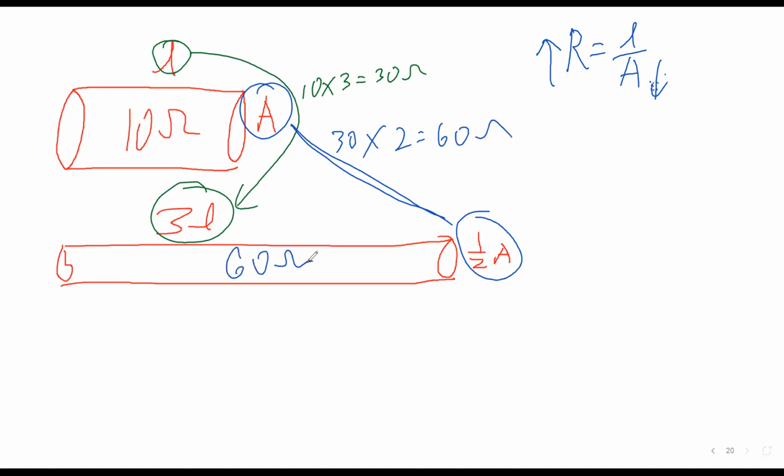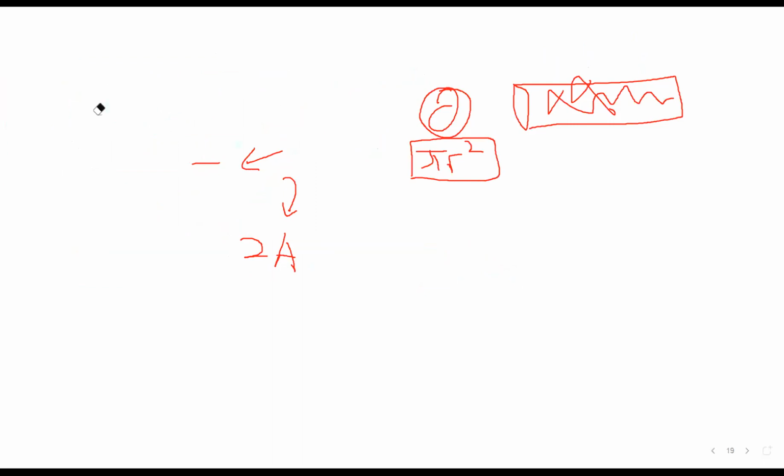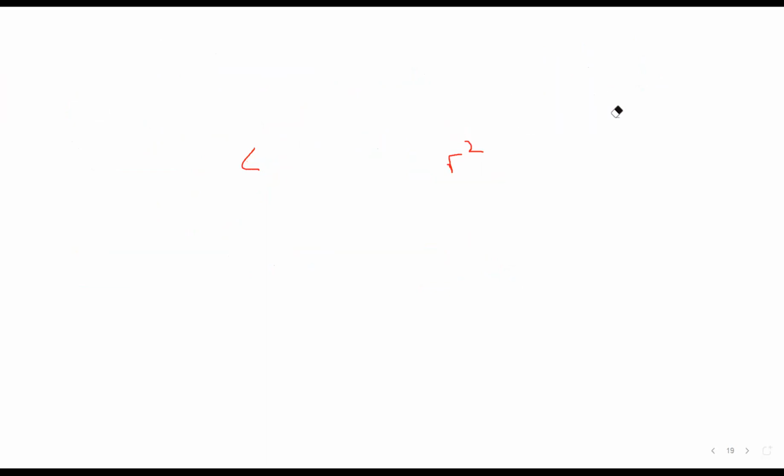This is true if they give you area and area only. But most of the time, they will not give you area only. Instead, they will give you either the diameter or the radius. For example,